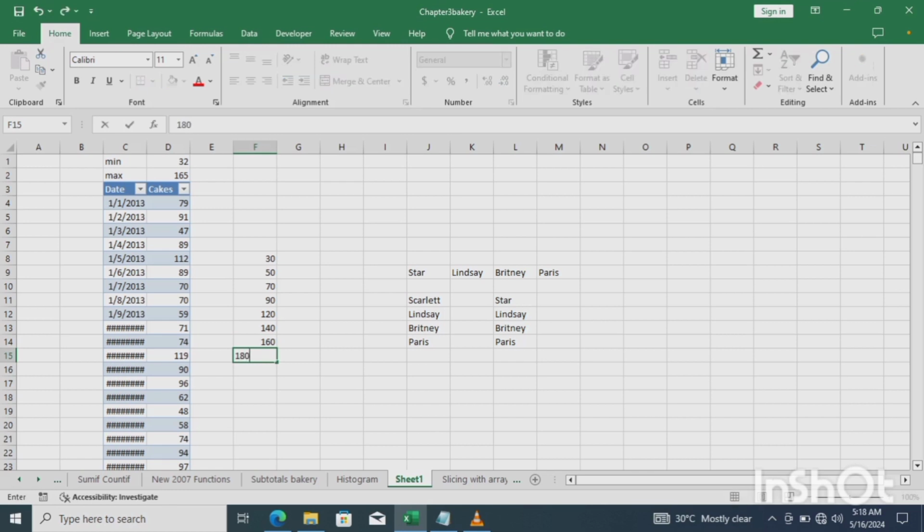What the frequency function will do is that between 30 and 50, it will tell you the number of sales we had that fall between 30 and 50. The same thing will be done here to tell you the number of sales we had that fall between 50 and 70, and between 70 and 90. That's what the frequency function will do. So what you want to do is this: